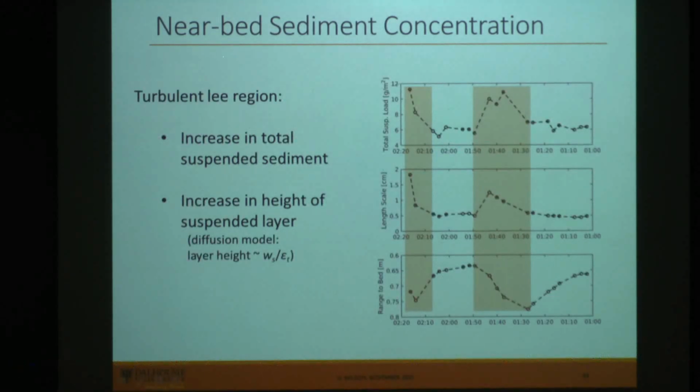So just to sort of summarize that last point, these are plots of the total vertically integrated suspended sediment load as a function of time. And on the bottom, this is the location of the bed, just to give you an idea of where it is with respect to the dune. And this plot is of the length scale from those exponential fits. So again, over the lee face of the dune, where all the turbulence is, you get about a doubling of